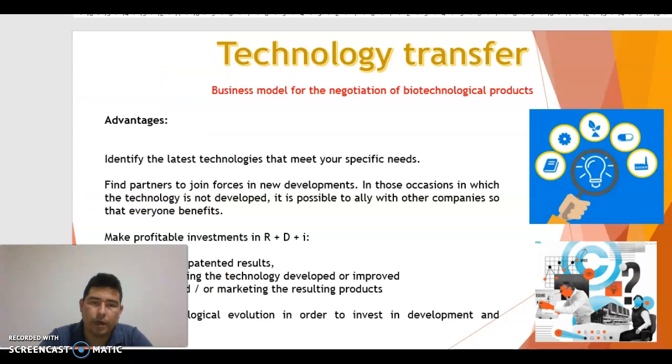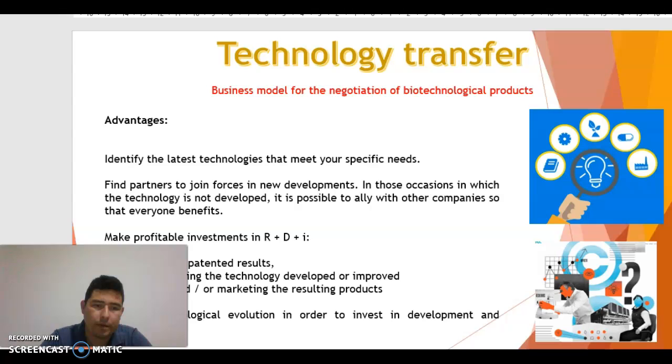Technology transfers as a business model for the negotiation of biotechnological products. Principal advantage: identify the latest technologies that meet your specific needs, find partners to join forces in the new developments. On those occasions in which the technology is not developed, it is possible to ally with other companies so that everyone benefits. Make profitable investment in